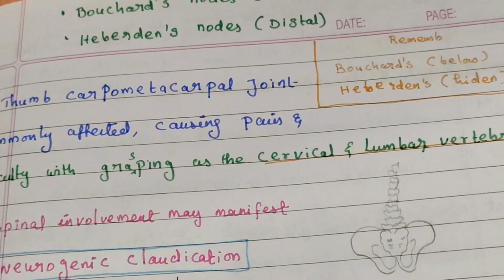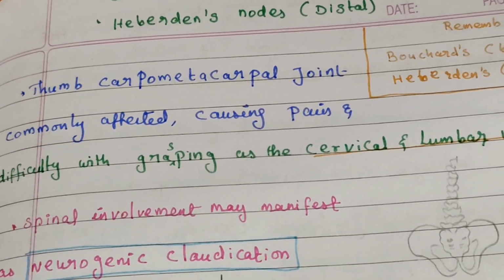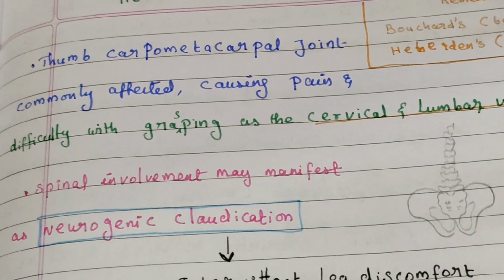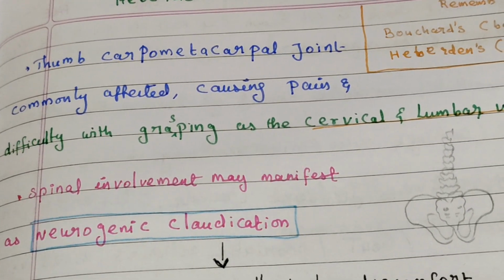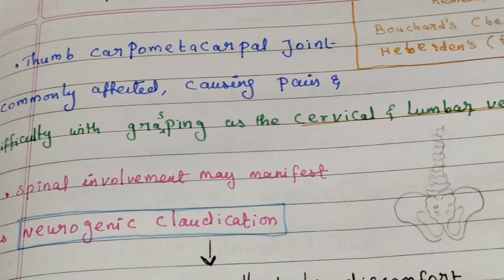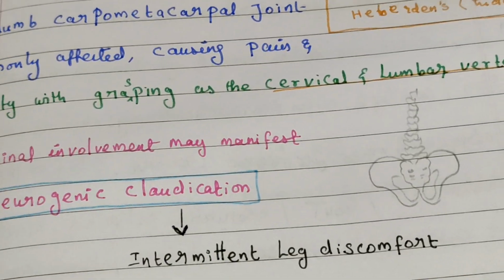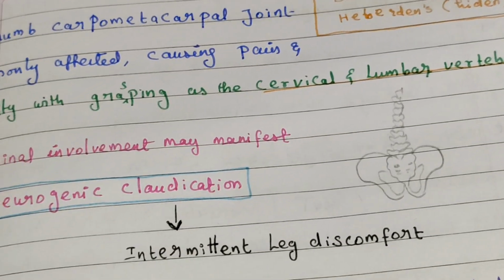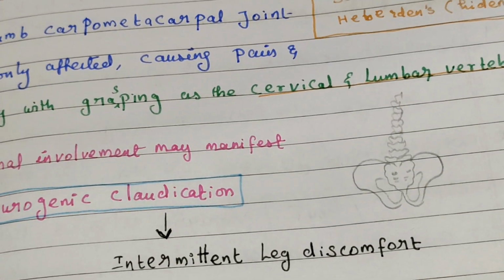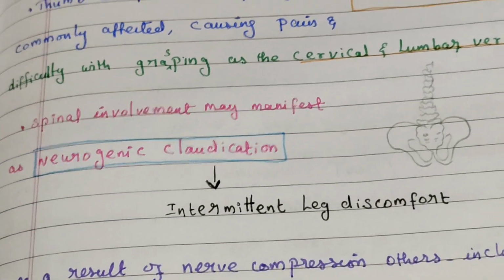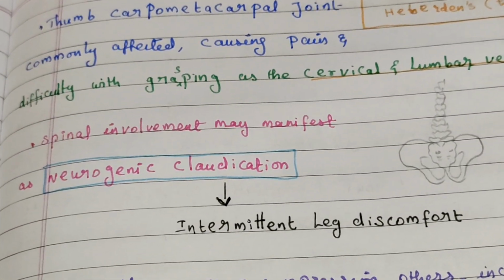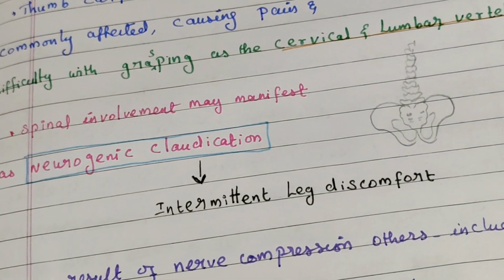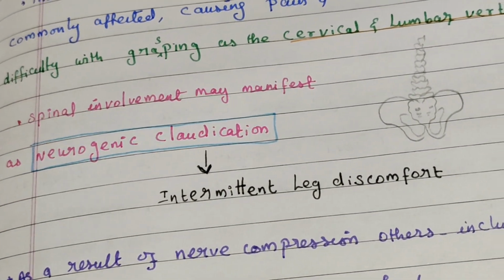So this one, the thumb carpometacarpal joint is commonly affected, causing pain and difficulty with grasping, as are the cervical and lumbar vertebrae, which in some instances can lead to spinal stenosis. So lumbar stenosis particularly can manifest as neurological